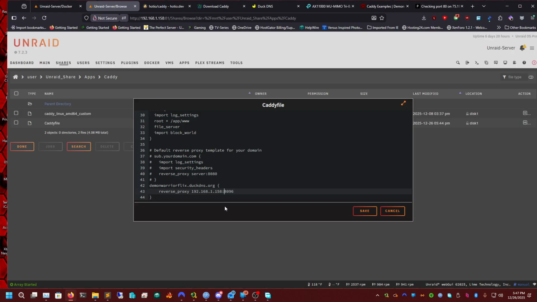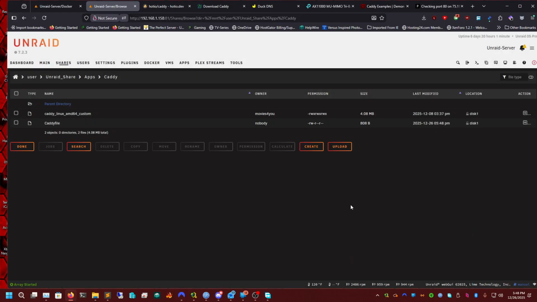So let's say you're running a different PC in your network. You have Jellyfin on, I don't know, another Windows laptop or another Windows server. You can always add another IP as long as it's inside your network. You can connect it to this Caddy file. So I'm setting mine as this 192.168.1.158:8096. That's my Jellyfin install. So this is on my local NAS or my local Unraid. Once I've done that, I can click save, and now